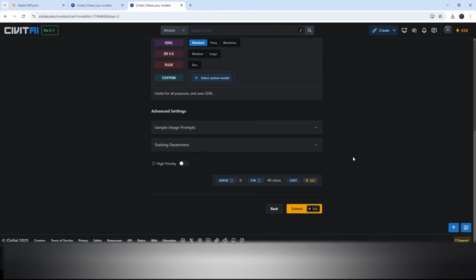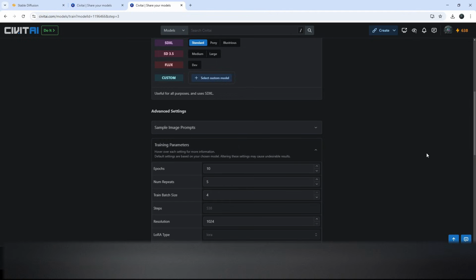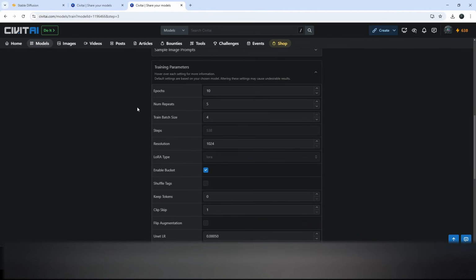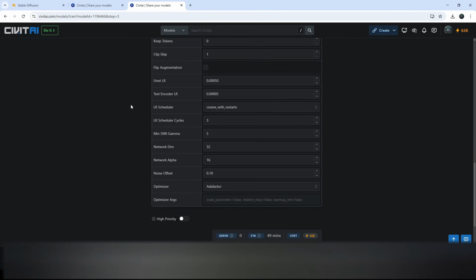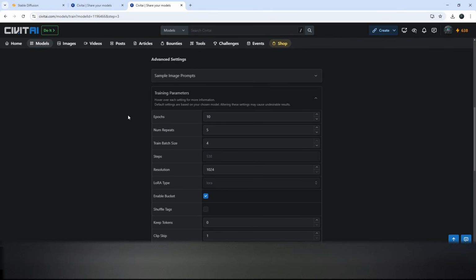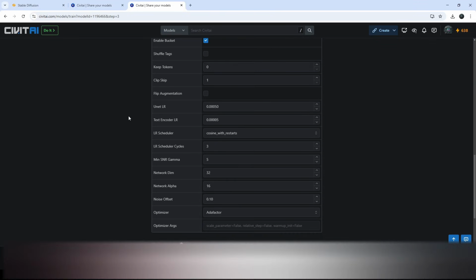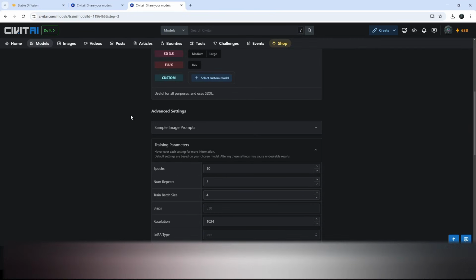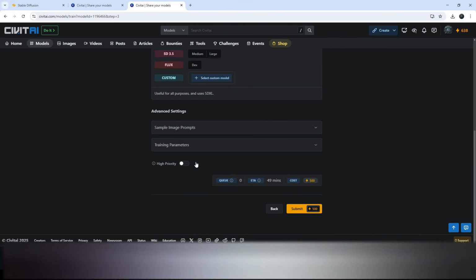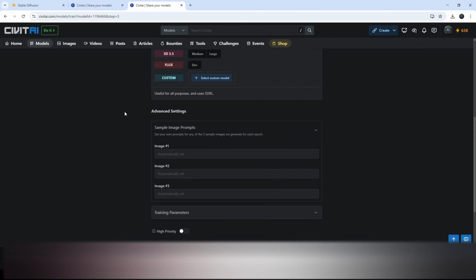Now, there's a couple other options here. This one, for training parameters, these are where you're going to really tweak settings potentially as you go through the process. A lot of these settings have a lot of effect on your output, how long it takes, how well it trains, whether you're training well with a smaller number of images or a larger number of images. All of these things have a big effect on all that stuff. But since it's all really complicated and you could tweak a lot of these settings and very much mess up your results, we're going to leave this completely alone, and we're just going to go into sample image prompts, and